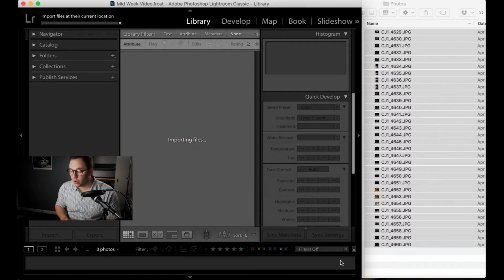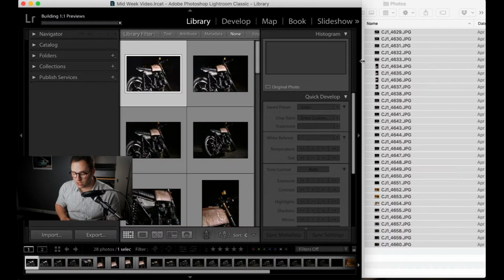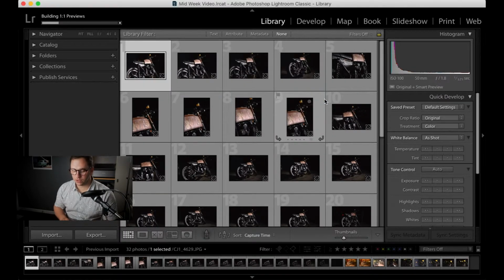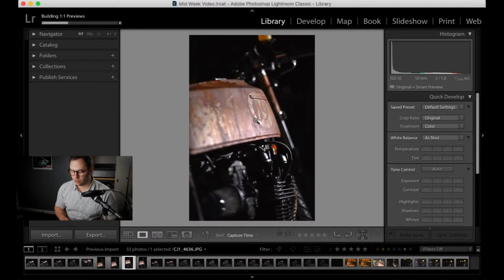It takes a minute to load, especially because I did those one-to-one previews, and you can see that starting to load at the top. Okay, so voila, popped up. Smart previews were built or already exist for 32 photos. Fantastic. So I've imported all 32 of my photos. At the top here, you can see it's building the one-to-one previews now, which is great. While that's loading, say I open this image, I'm going to hit space and zoom in, and it should give me